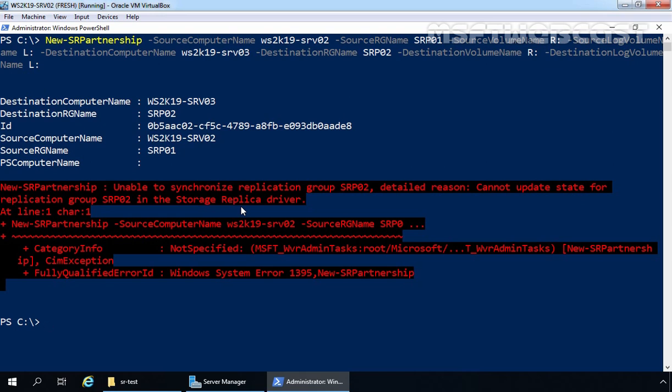But still we want to verify that a storage replication group is created on SRv03 as well. For that, we can use the command Get-SRGroup. Here I'm going to specify the name of our computer, which will be WS2K19-SRv03 in our case. Let's press Enter key.